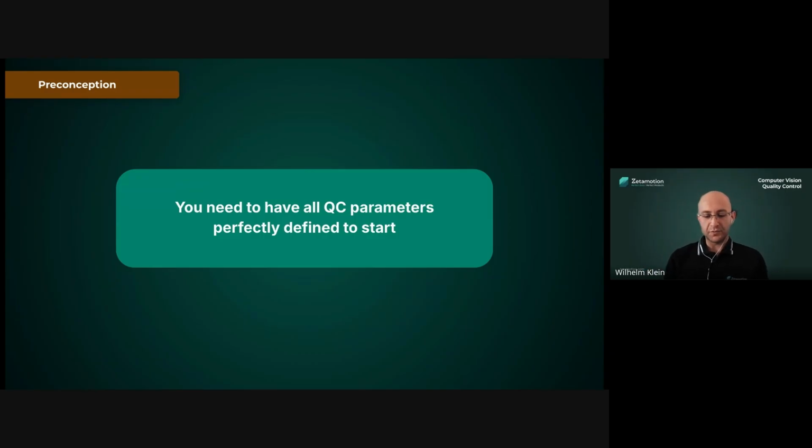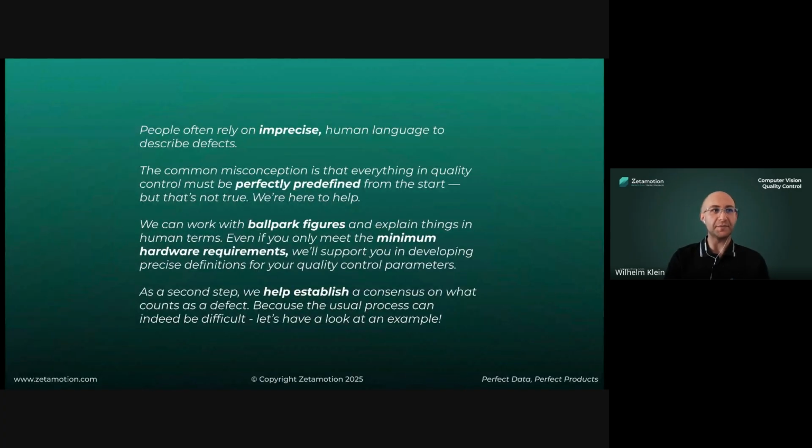So this is the one for today. The preconception that you need to have all QC parameters perfectly defined to start. Why is that a problem? I realize there's quite a lot of text on this one. Maybe we should shorten that a bit. But in any case, the trouble